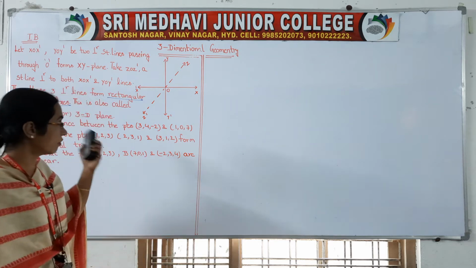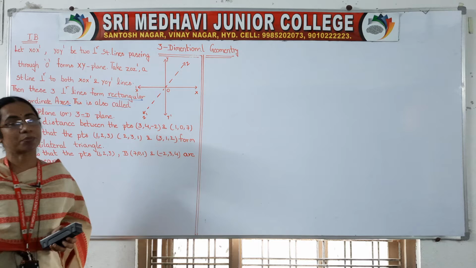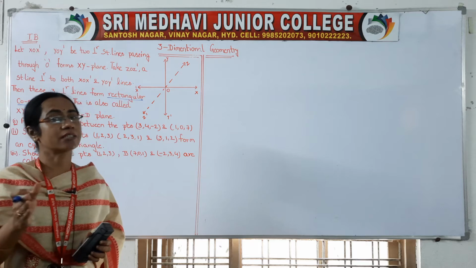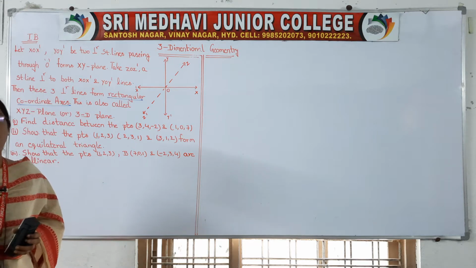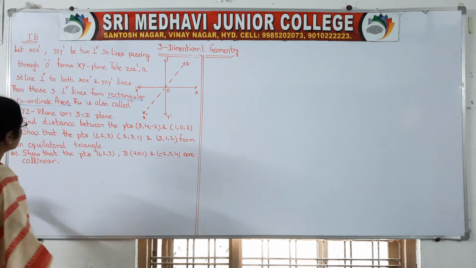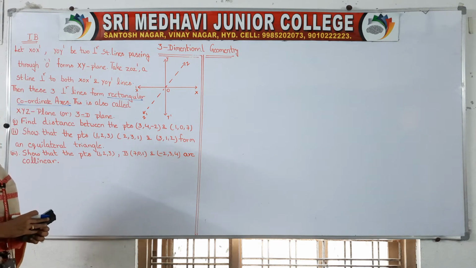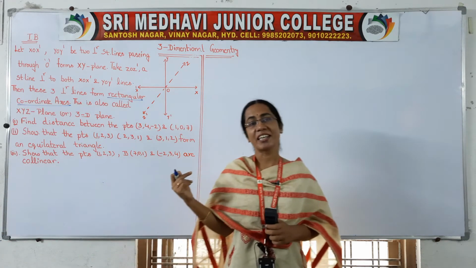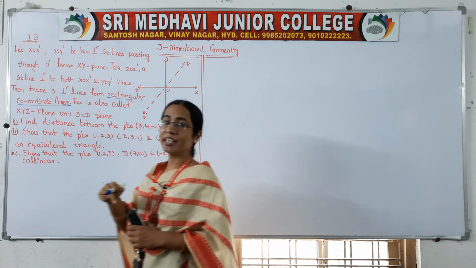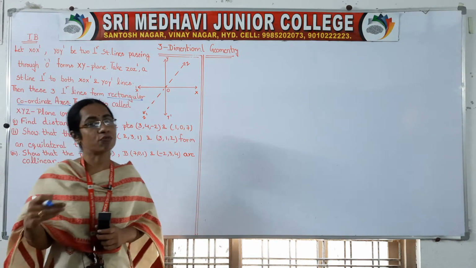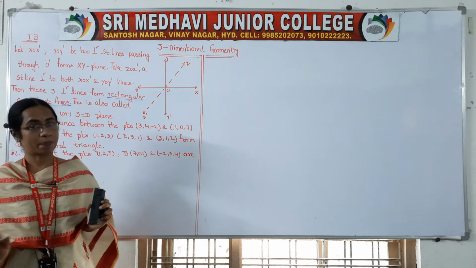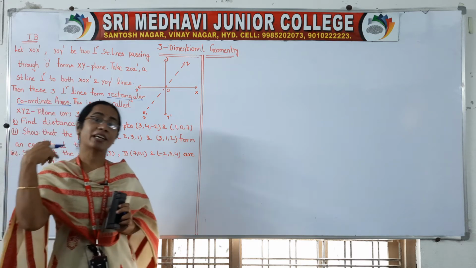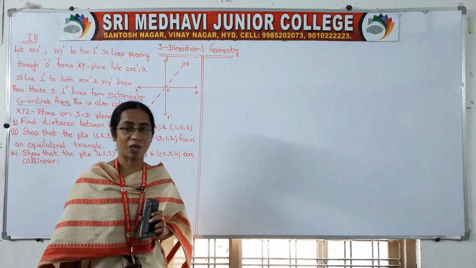So now your topic name is three-dimensional geometry, that means the 3D plane. Along with x and y, we will have one more axis, the z axis, which passes through the origin. Now we will solve some problems in this 3D coordinate system. There we said coordinate axis, here we are saying rectangular coordinate axis. If we take any formula, it will be like your 2D plane only, but there you have an x coordinate, y coordinate, and here you will have an extra z coordinate term also.